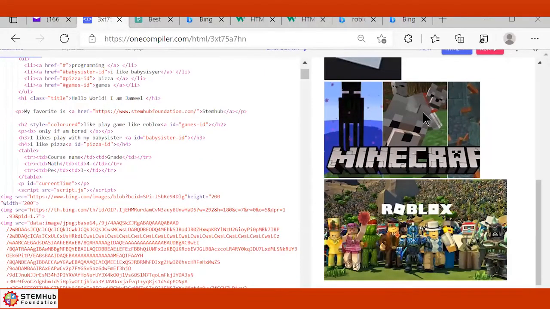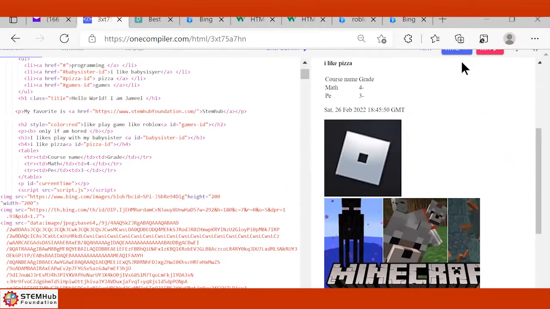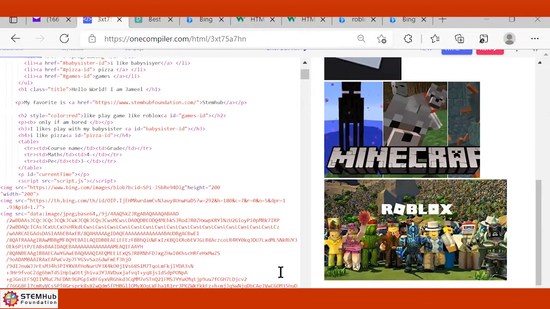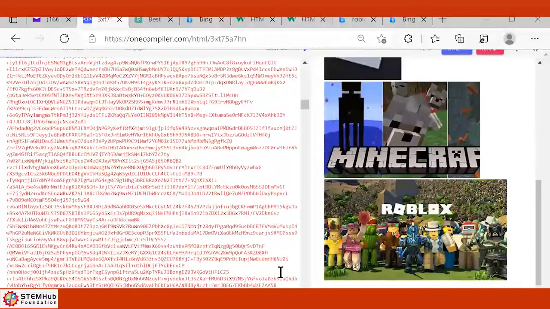Okay, see, I made 2 renders for the Roblox one. The other ones, I just put them as they came in. Yeah, no, so that's good. This one, the other Roblox here, that's the one that changed so much code. I didn't write this much code. I copied the link, and now this is what happened. Okay, so what problem are you having? I can't see. So this is a bad link.